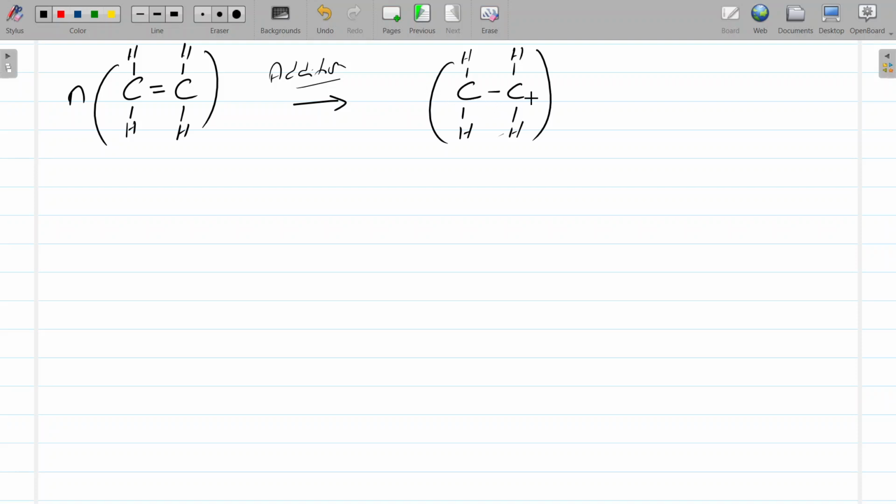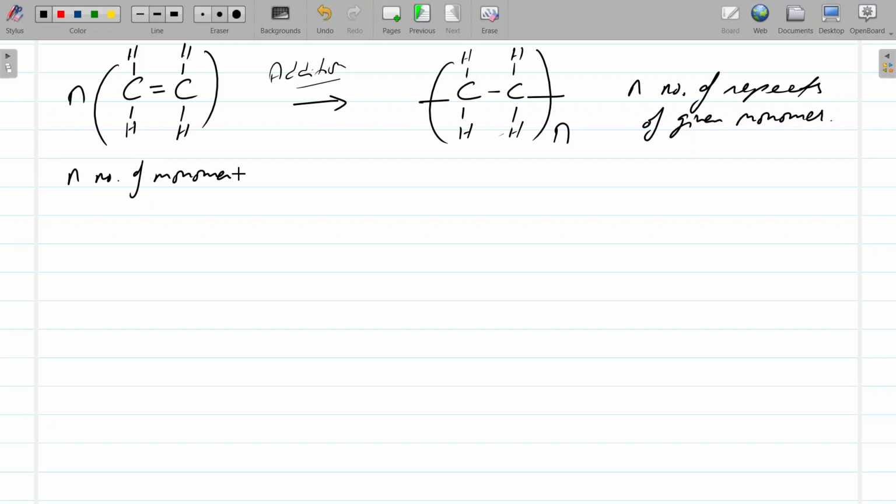So then you write it off as, right, you leave these hanging ends, meaning there are other molecules attached, and you put the n over here. Which means that after the addition reaction, the polymer chain looks like an n. So this is n number of repeats of a given monomer. So this is n number of monomers used in the addition reaction,